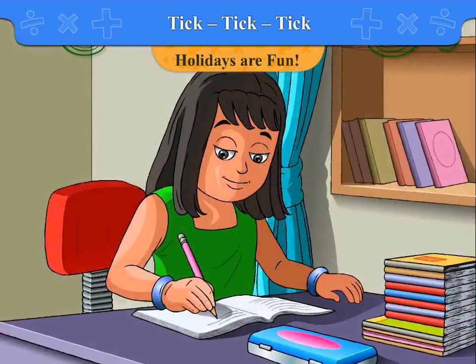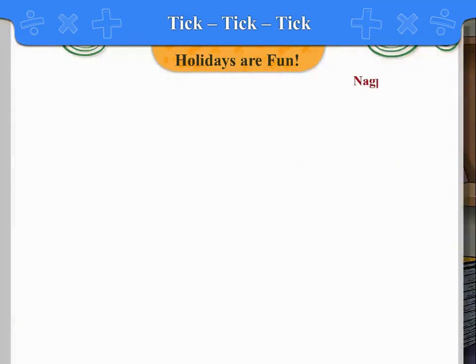Shabana, who stays in Nagpur, got this letter on 13/5/2018. She wrote back to Ali. Nagpur,